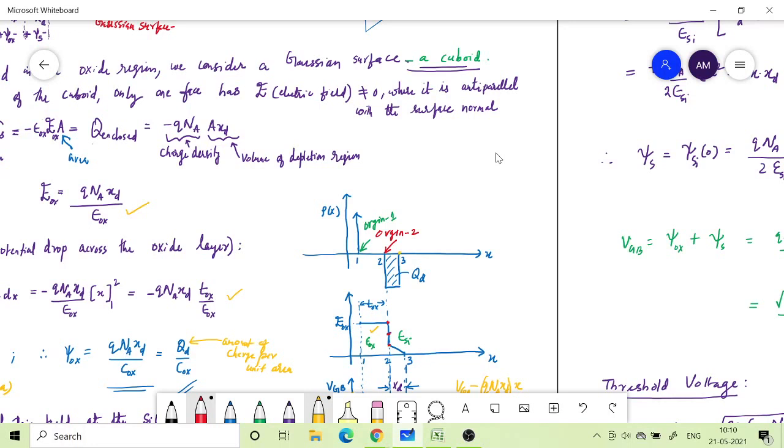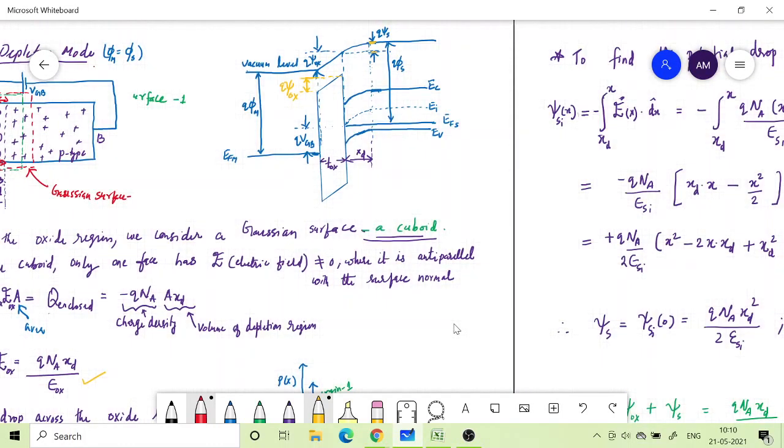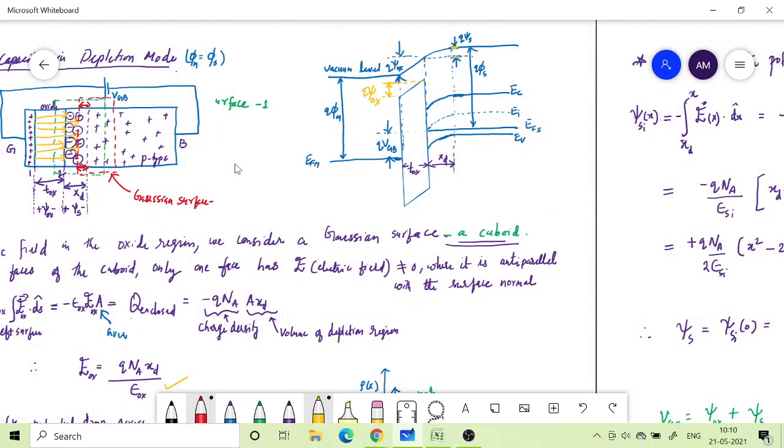I am starting my integration here and ending somewhere in between 2 and 3, so that I can get the voltage at that point with respect to point 3. And why point 3? Point 3 is basically the bulk region voltage, which is basically grounded, right? My reference is, when I apply voltage, this is my ground point. So from the bulk voltage, how much is my voltage at different points inside the depletion region? That's what I am calculating.